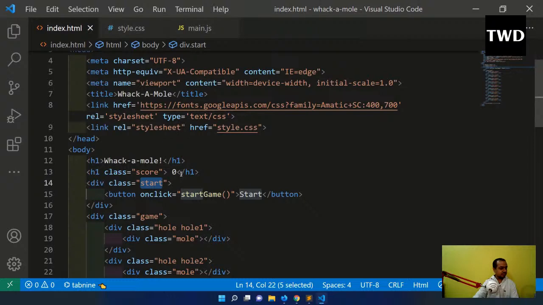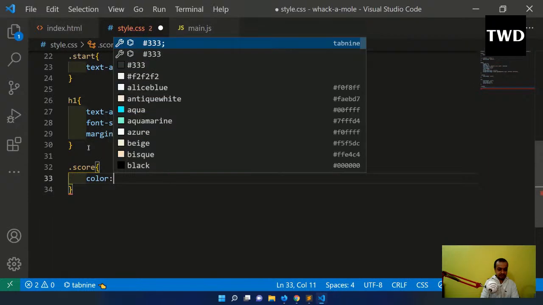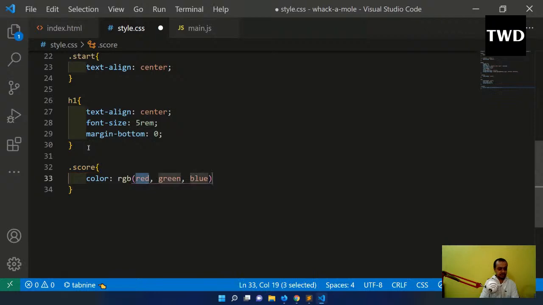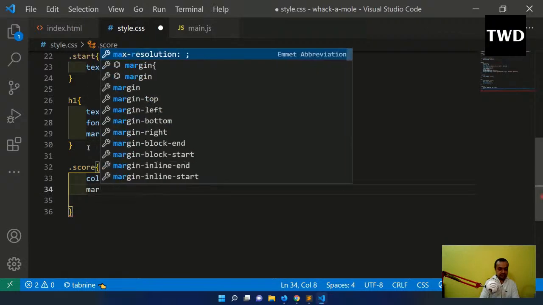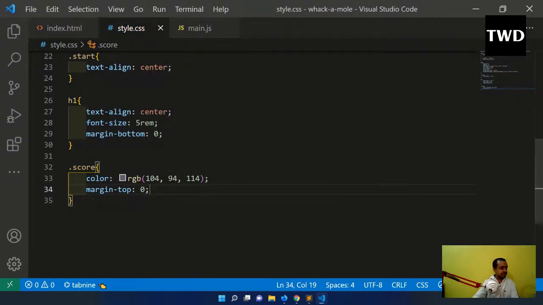And now we are going to do it for this score. Dot score, color is RGB 104, 94, 114, and then margin top is 0. Okay, save it, and then